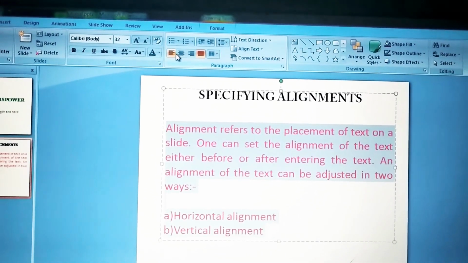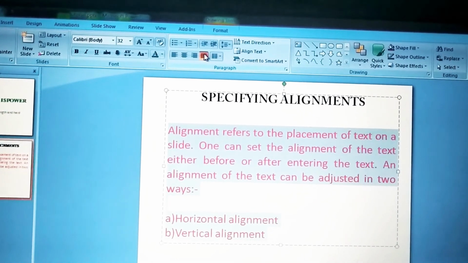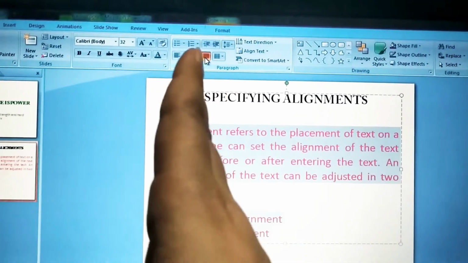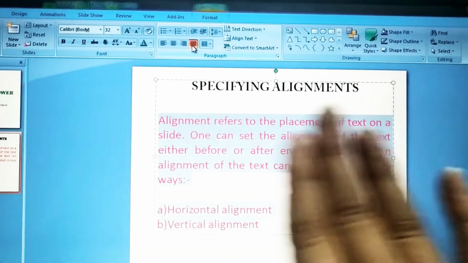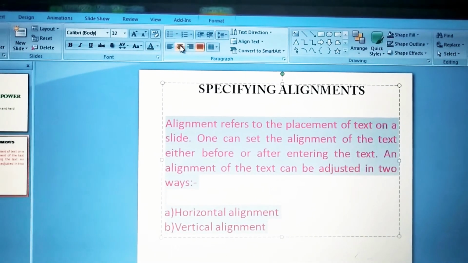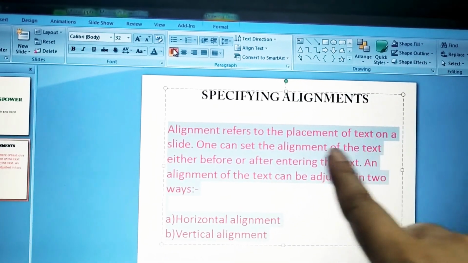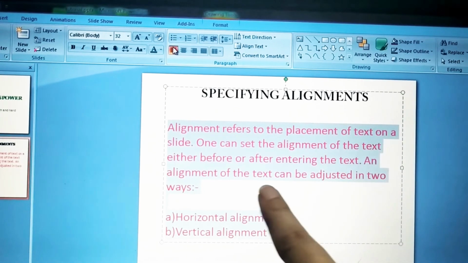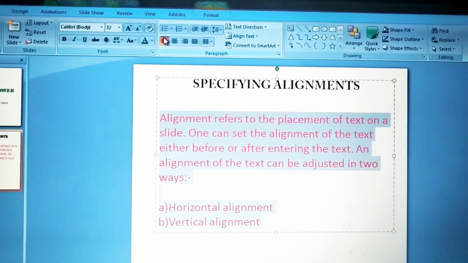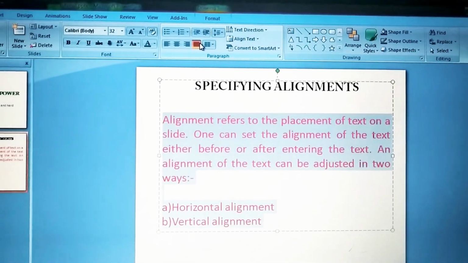So this is the difference between left alignment and justify alignment. Both will look similar, but there is a little difference: justify aligns the text to both the left and right margins equally, and it leaves sufficient spaces in between the words. And in left alignment, the text is only aligned to the left side, and there is also not sufficient space in between the words, and this line is also not symmetrical. But in justify, both the lines on either side are symmetrical. I hope you have understood the horizontal alignment.